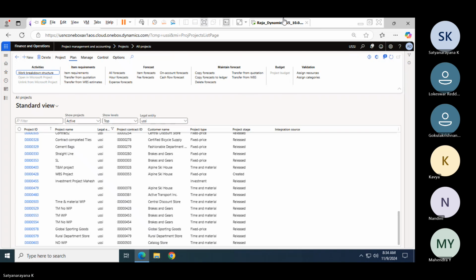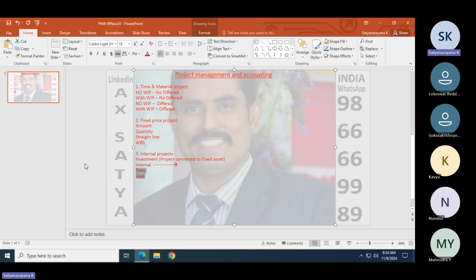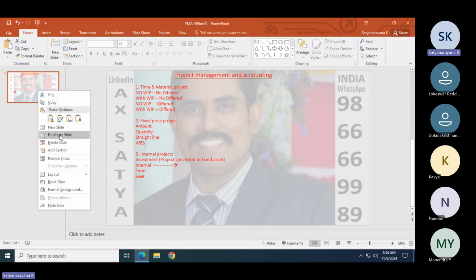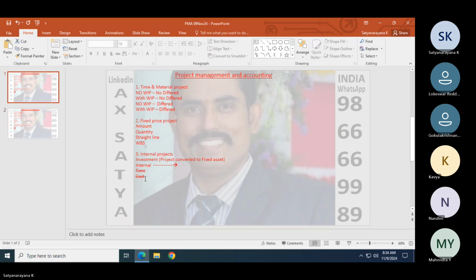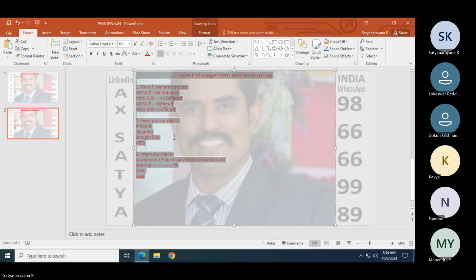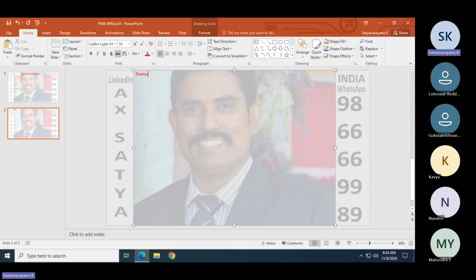And one more option is there, item requirement. In this you are going to learn transactions majorly.